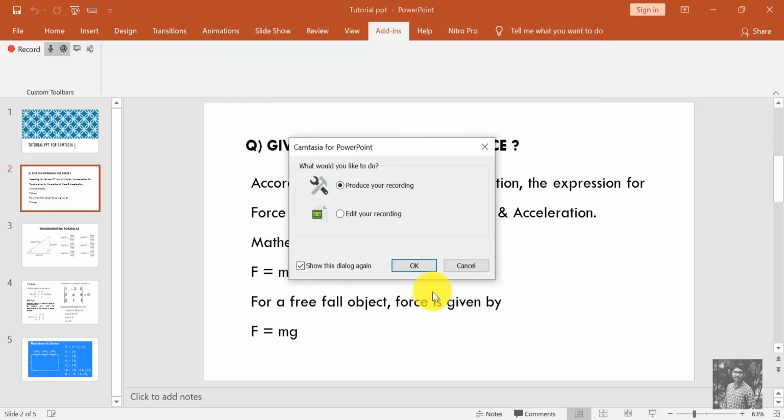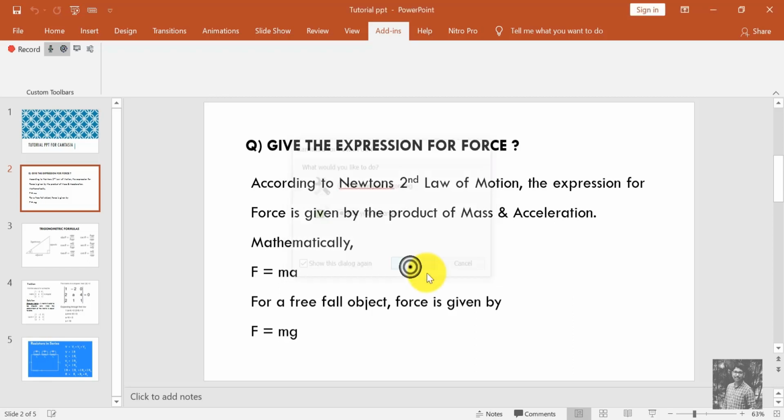Automatically it will give a pop-up asking to produce our recording, by which you can directly produce the video output. Otherwise, if you want to check your recording whether it is perfect or not, or if you want to edit anything, you need to go with edit mode. Okay, I recommend you all to go with the editing only, because if you want to chop off any unwanted content, or if you want to remove and add anything, or if you want to change the voice input, you can do it in the editing itself.